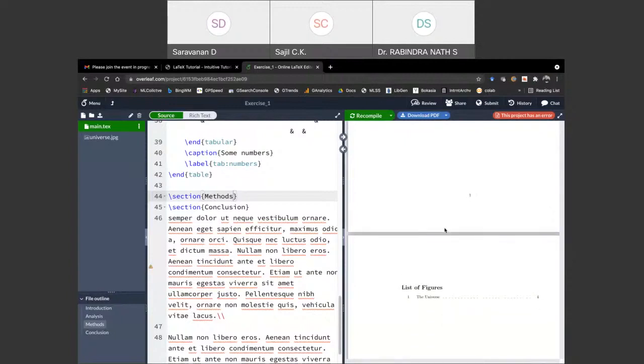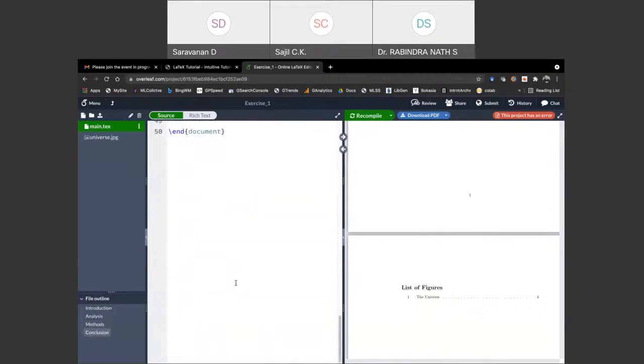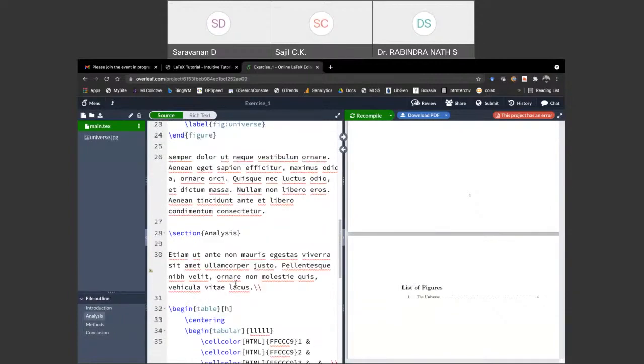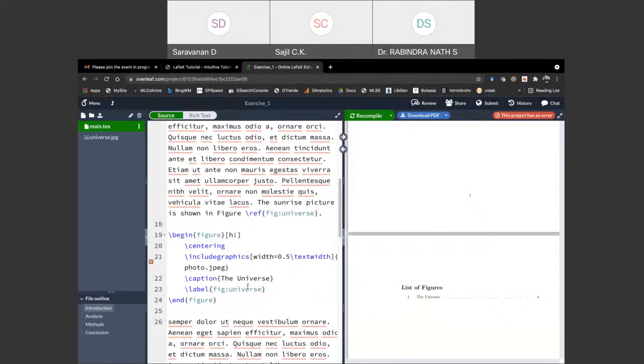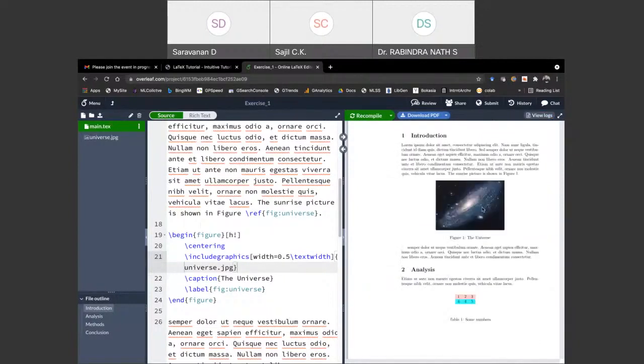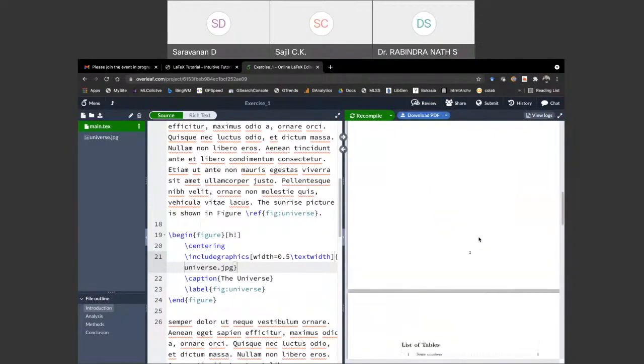And similarly for the list of figures, see, in this document we have only one figure inserted here, and that appears in the list of figures.